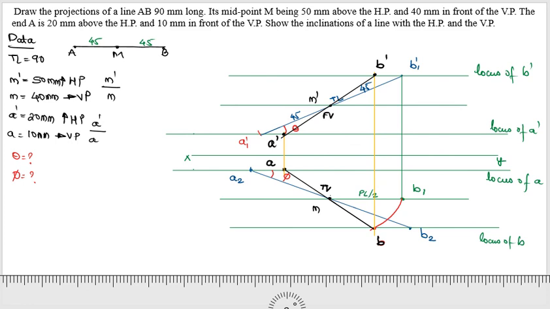A few more things which we have to do is the dimensioning. Proper dimensioning is required. Whatever these dimensions are, the true length is 90 millimeter. You have already written true length 90 millimeter. Then M dash and M are 50 millimeter and 40 millimeter. Here you can write the vertical dimensions. I will just reduce the thickness of the line. It should be very faint lines.